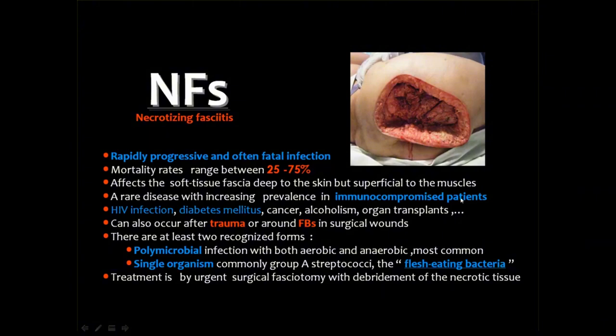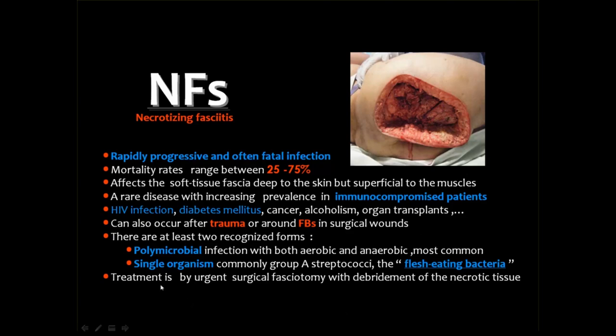It's commonly seen in immune-compromised patients, like those with HIV infection, diabetes, cancer, alcoholism, and organ transplant. Sometimes there may be an underlying cause of trauma or retained foreign bodies, for example,